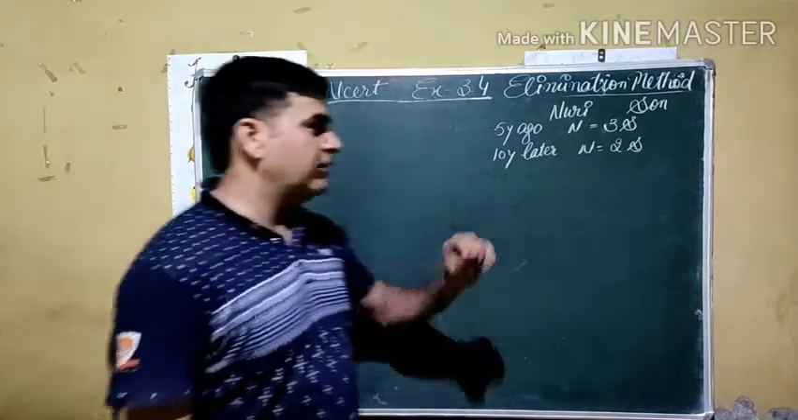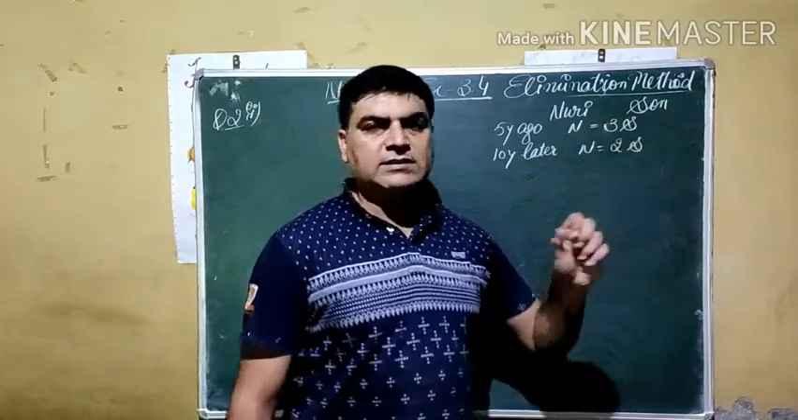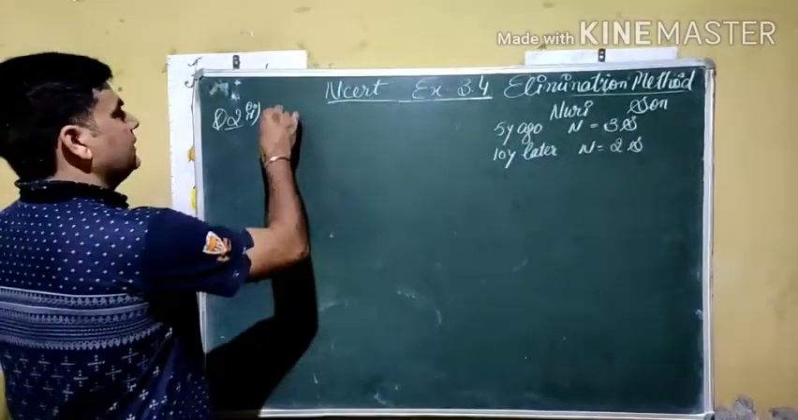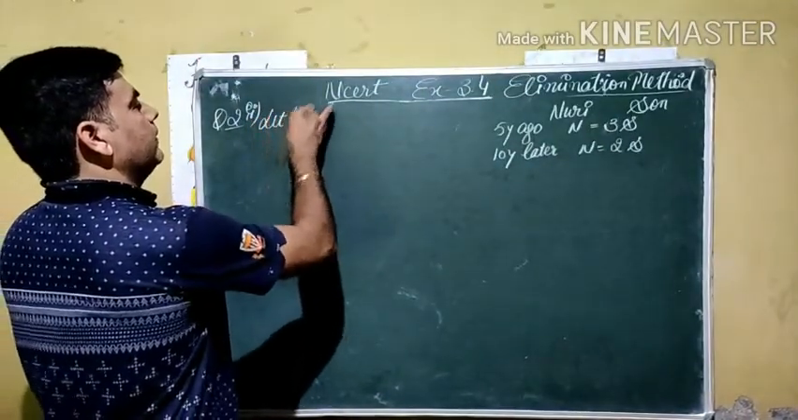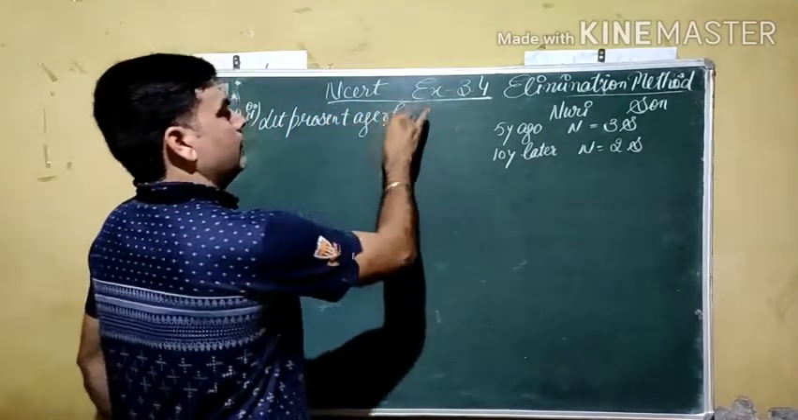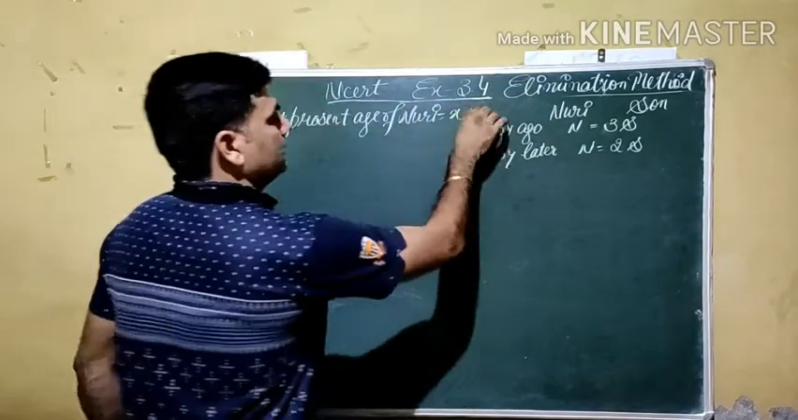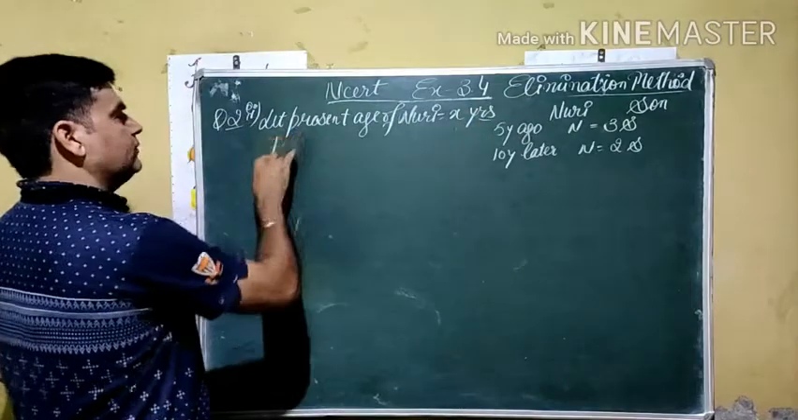So what is the requirement of this? We require the present age of Nouri and the present age of his son. So here, let the present age of Nouri be indicated by x years, and the present age of the son